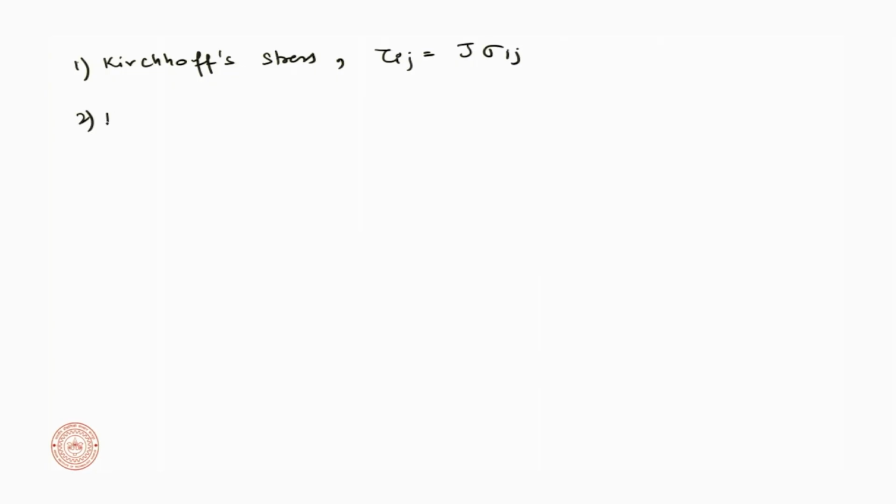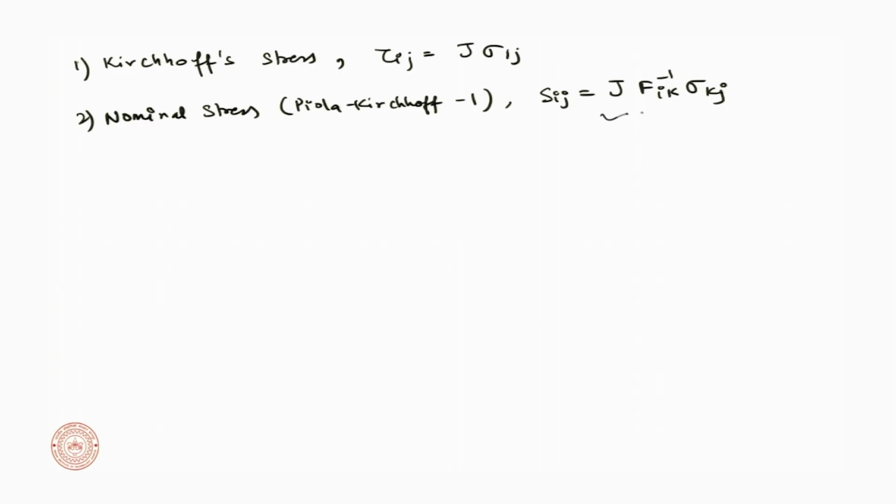The second one is called the nominal stress, also called the Piola-Kirchhoff 1 stress, given by Sij, which is J times F inverse of ik sigma kj. If you want to write in terms of tensors, this is tau equals J sigma. This is S equals J into F inverse sigma,